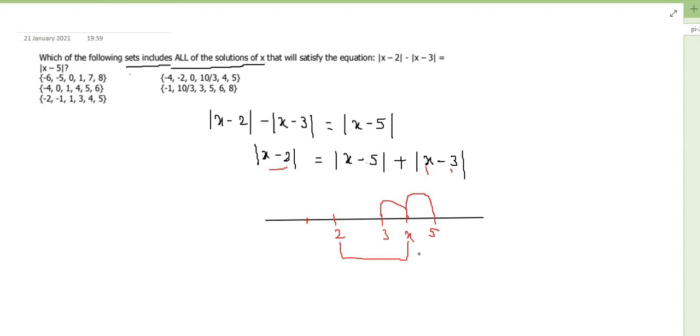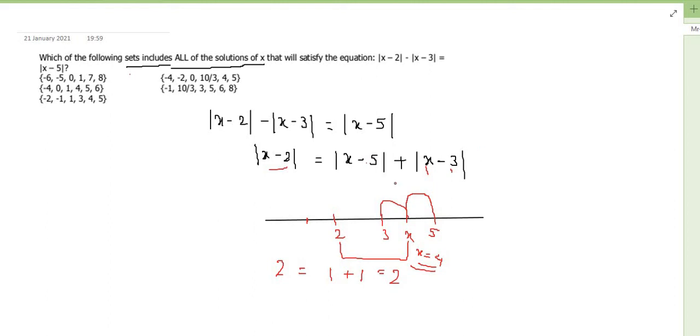How about x is equal to 4? Yeah. So if x is equal to 4, what happens? This distance, absolute value of 4 minus 2, is going to be 2. And this is equal to absolute value of 4 minus 5, which is 1, plus absolute value of 4 minus 3, which is also 1. So you see you're getting 2. LHS is equal to RHS, right? So definitely one of the solutions is going to be x is equal to 4, because for x is equal to 4 this equation is